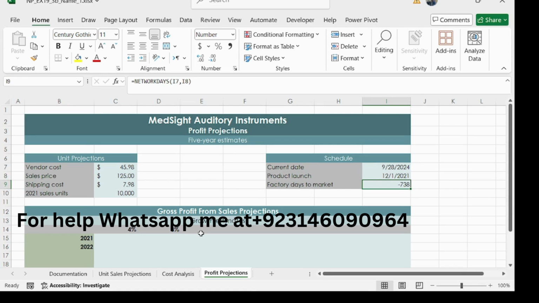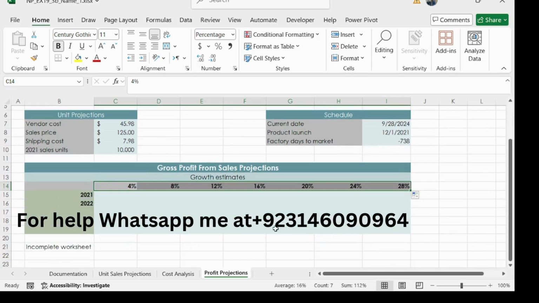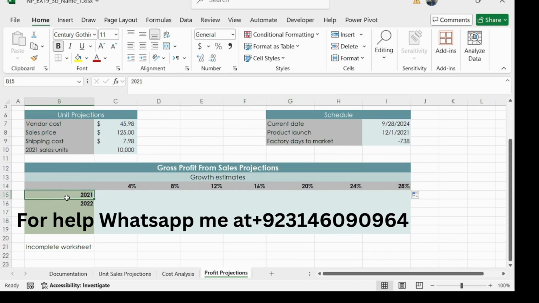in the range C14 to D14. This is D4 to D14, and select this range and drag to, sorry, Control Z, and then drag to I14 like this. So we have completed the 11th step here, and our step number 12 is use the value in the range B15 to B16. Select the range B15 to B16 and drag to B19 like this.